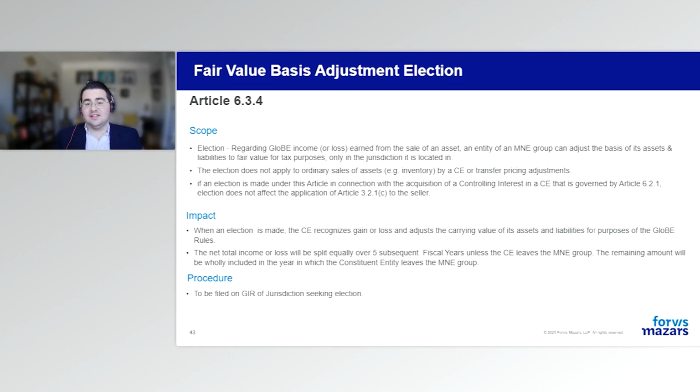So something like this is something to consider if you are in the process of acquiring, or selling. This could potentially skew some of the Article 3 GLoBE income ramifications and help contain some gain or loss when you're doing the formal calculation that's enumerated in Articles 3, 4, and 5. So that's one piece we want to talk through.